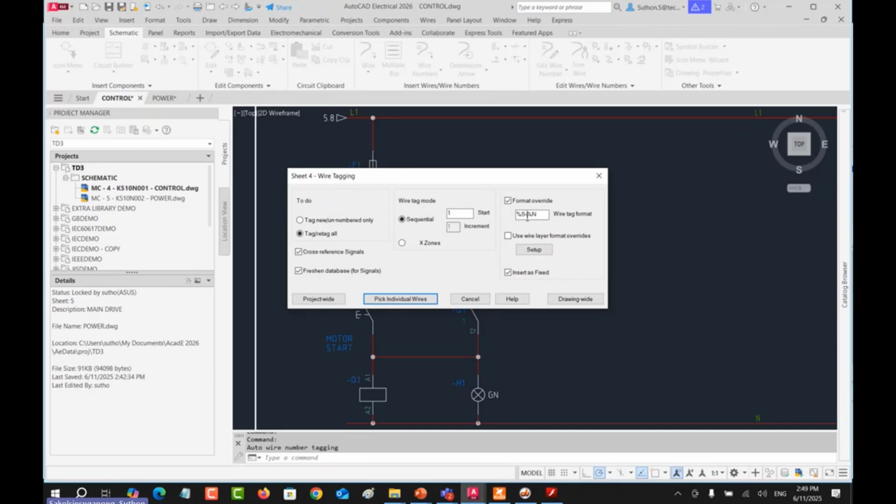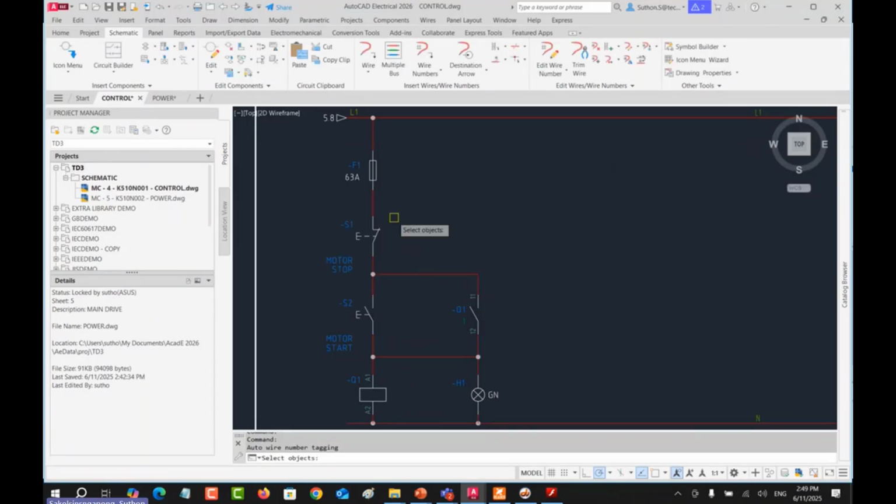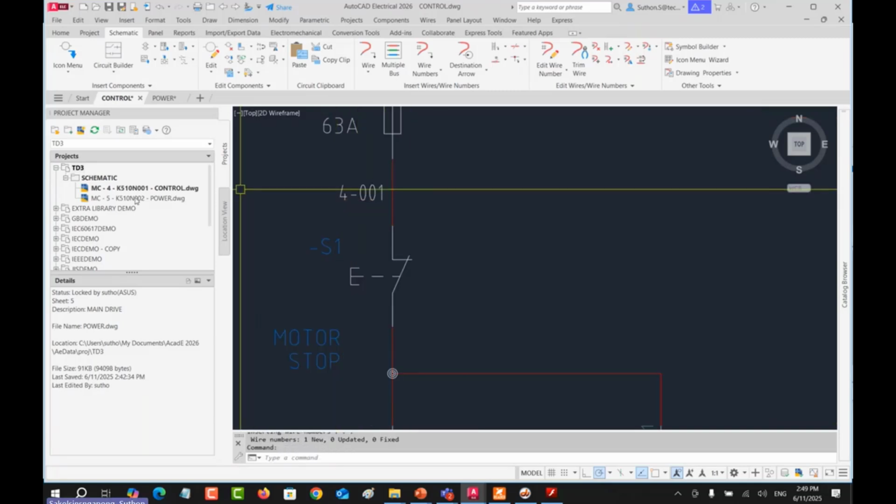For example, this one I use the dash symbol, and I assign this as 001. Pick individual wire, click on here, and you can see that it is sheet number 4. I have attached the sheet number with the wire number 001 as I designed.